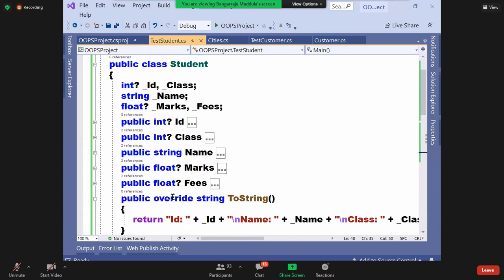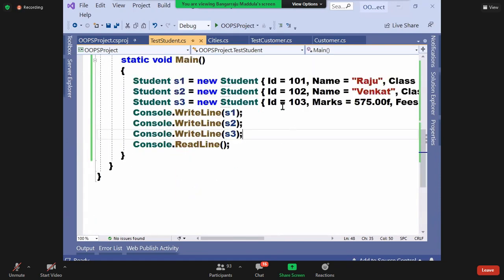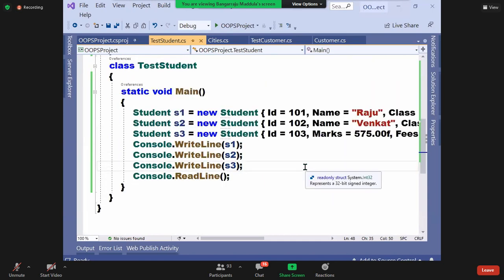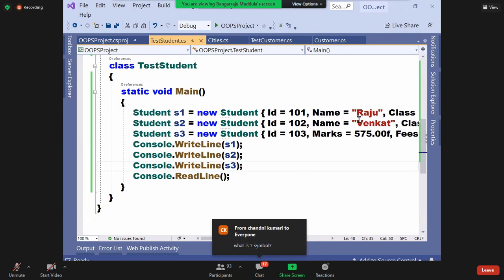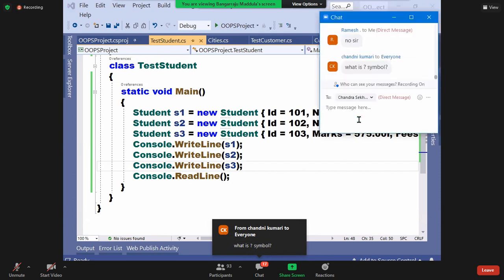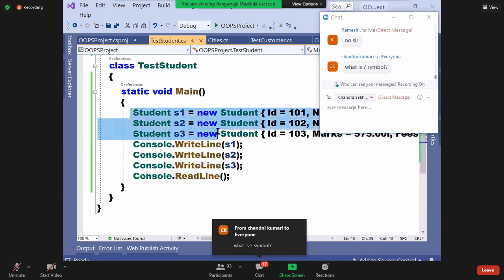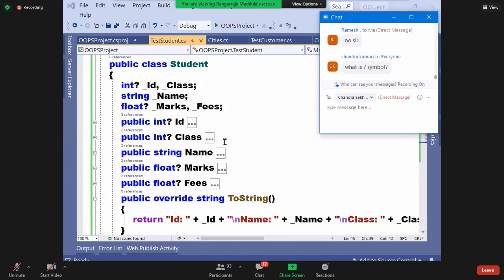Easy, na? Without fields, you can directly use automatic properties. Automatic or auto-implemented properties can be directly used so that you can decrease the fields in the code. Only automatic or auto-implemented properties, and straight away you can initialize all the properties in mix and match combinations. So did you understand the beauty of the concept now? You can avoid writing constructors in the code. Constructors are not required. No need of writing constructors in the code.